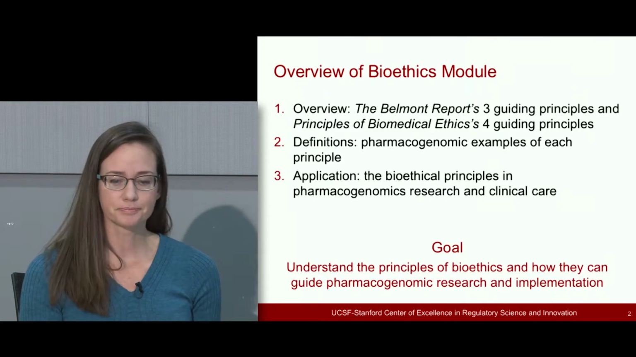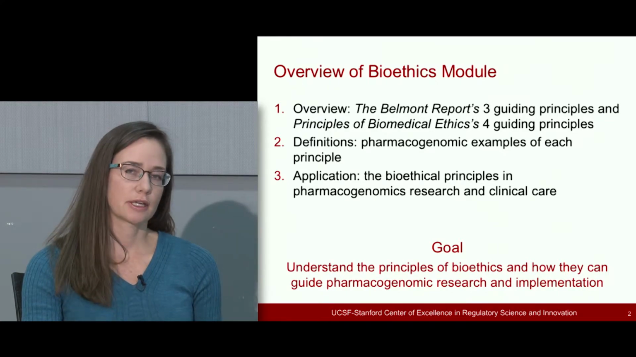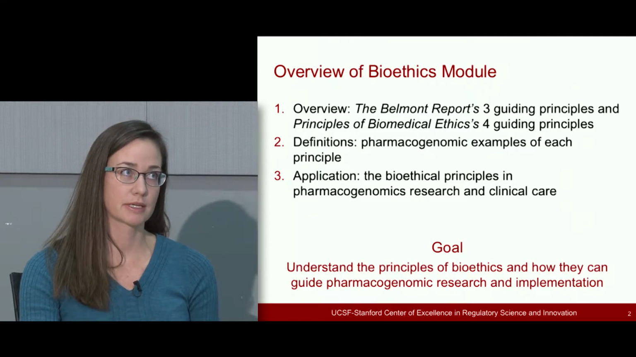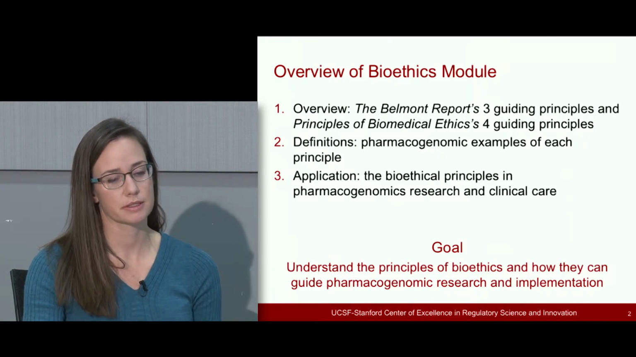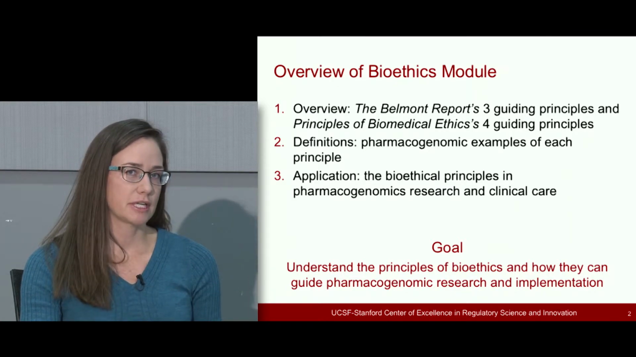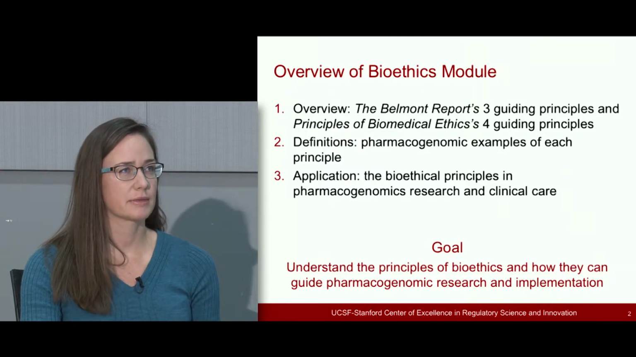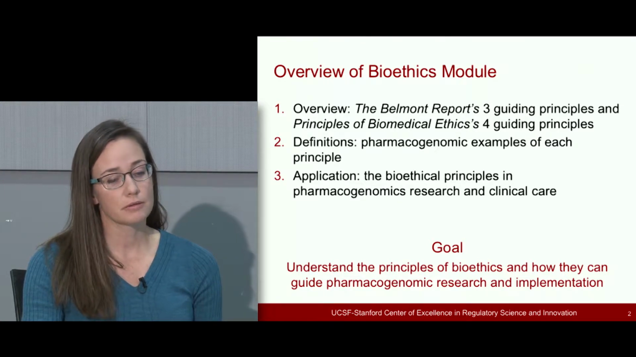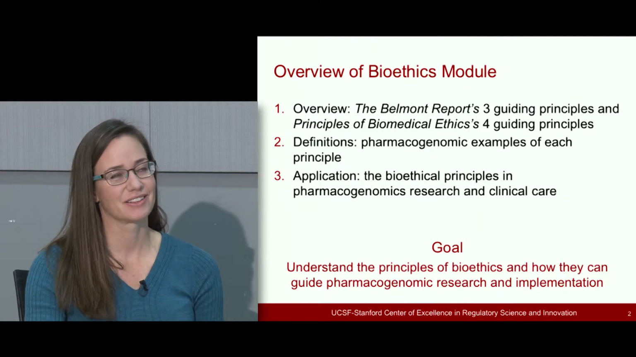moral decision. So to do that, we'll first start with an overview, which is looking at two different frameworks that are complementary to each other. The first is the Belmont Report, which has 3 guiding principles, and the second is the Principles of Biomedical Ethics, which has 4 guiding principles. Then we'll talk about the definitions so that you can understand what each of these principles mean, and look at some examples within the field of pharmacogenomics specifically. Finally, we'll end with a very simple case study looking at clinical